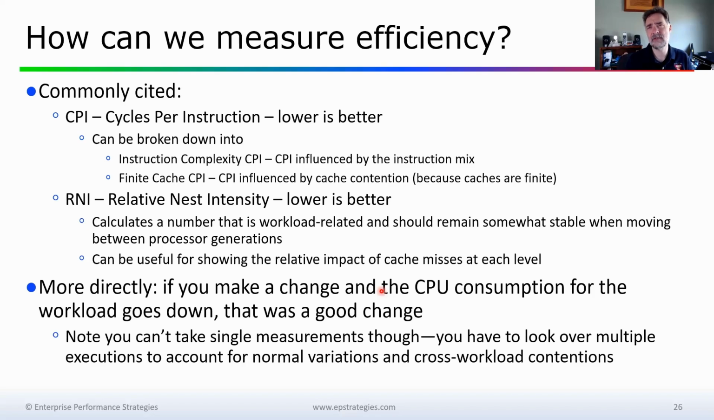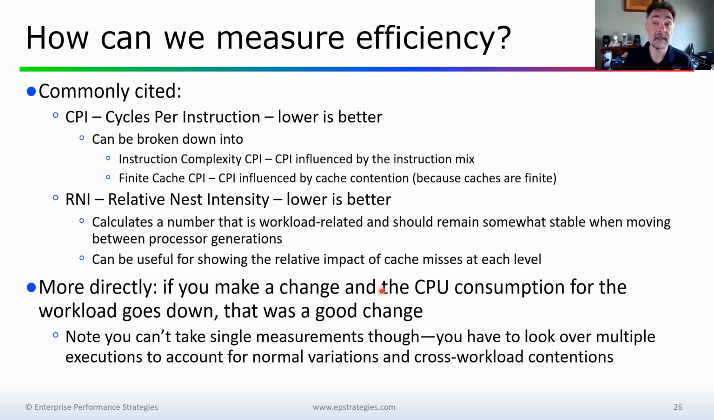So how can we measure efficiency? Well, the commonly cited measures of efficiency relative to what we're talking about here today are really the CPI and the RNI, or the cycles per instruction and the relative nest intensity. Now, for both of these numbers, lower numbers are better. The cycles per instruction is exactly what it says. How many machine cycles on average does it take for an